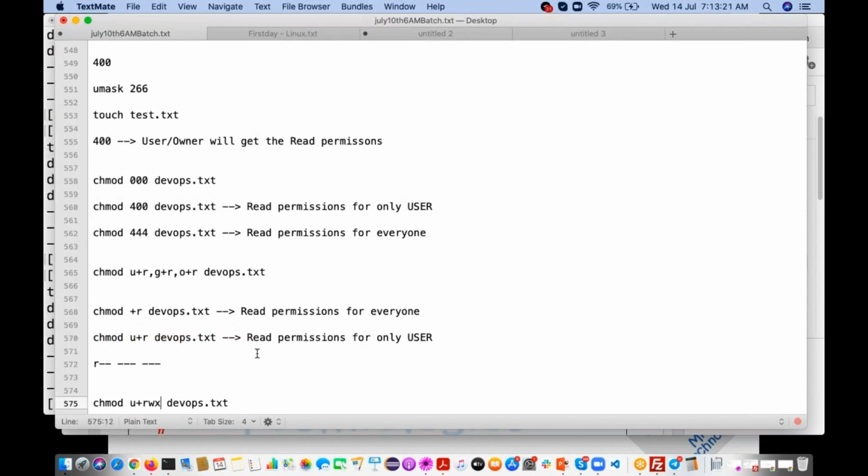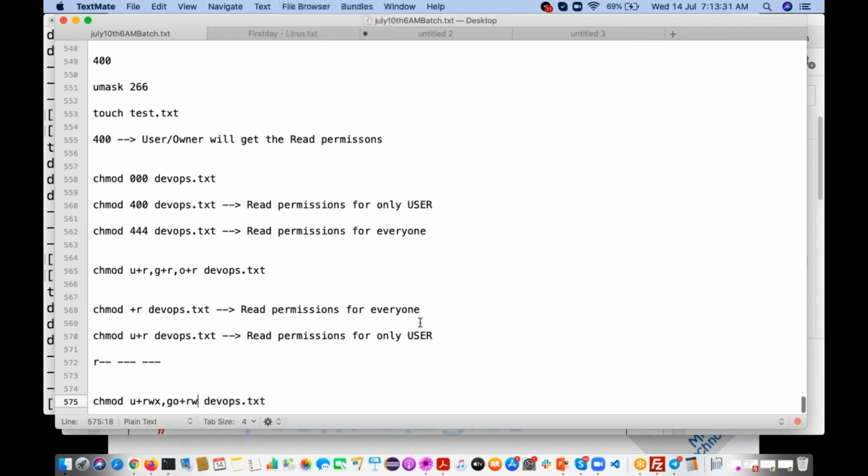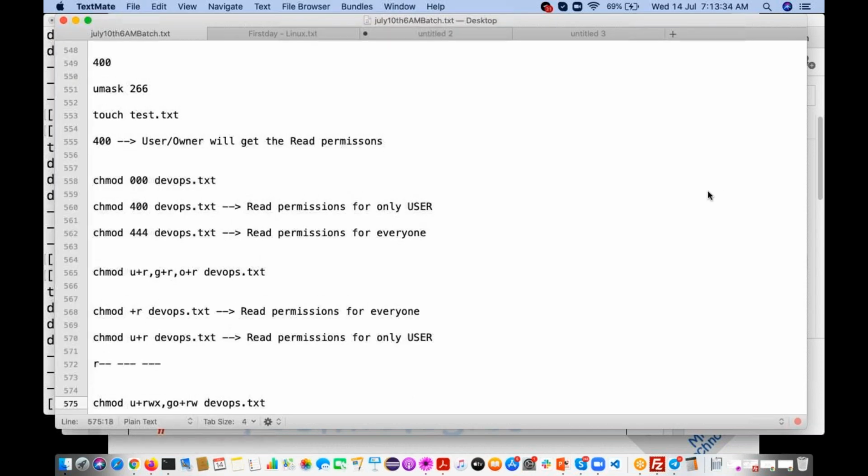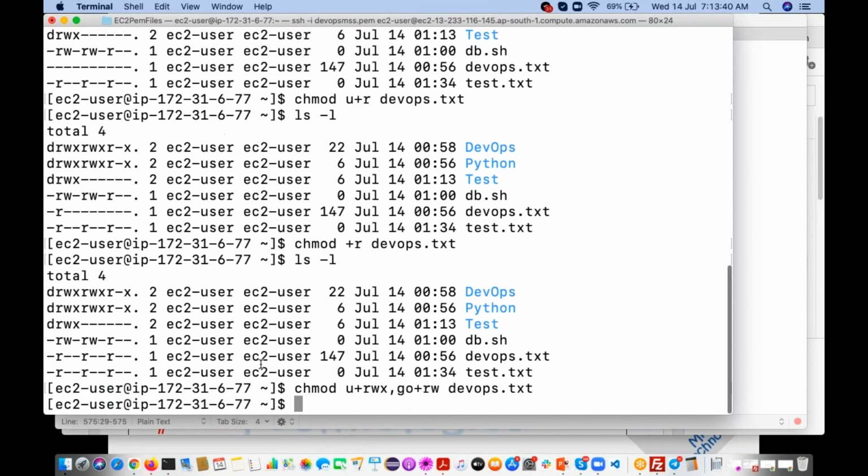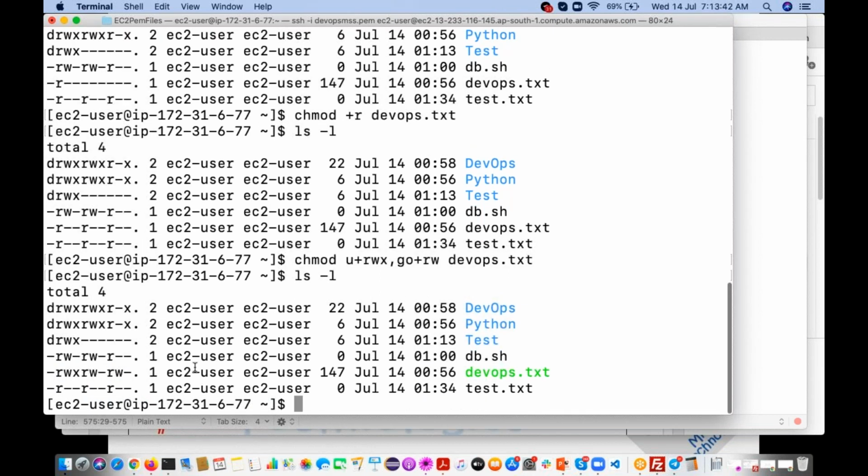All the permissions: u plus rwx, comma, go. go means group and others. Read write. Like this you can use it. Now if you see ls -fnl, for user full permissions, group and others read write.